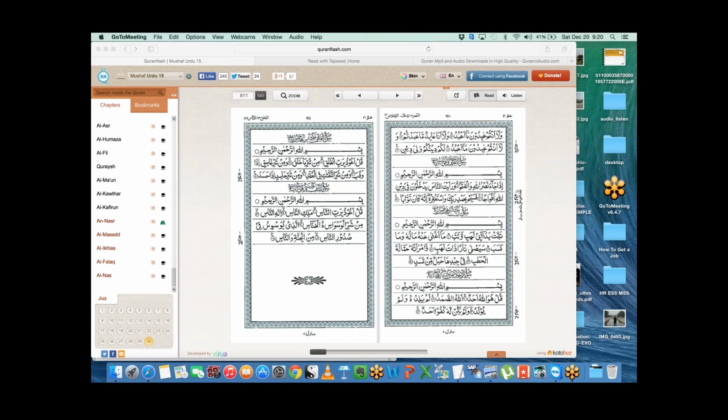Do you guys prefer I use this mushaf, or do you want me to go back to the Medina mushaf? It's important to use the same one every time. I don't really have a preference. I think it's more common to use Medina mushaf if you can, but if you want, you can use this one too. So I'll let you guys decide. If you want me to go back to the Medina mushaf, let me know. If you want me to use this mushaf, I can continue using this. You can let me know.